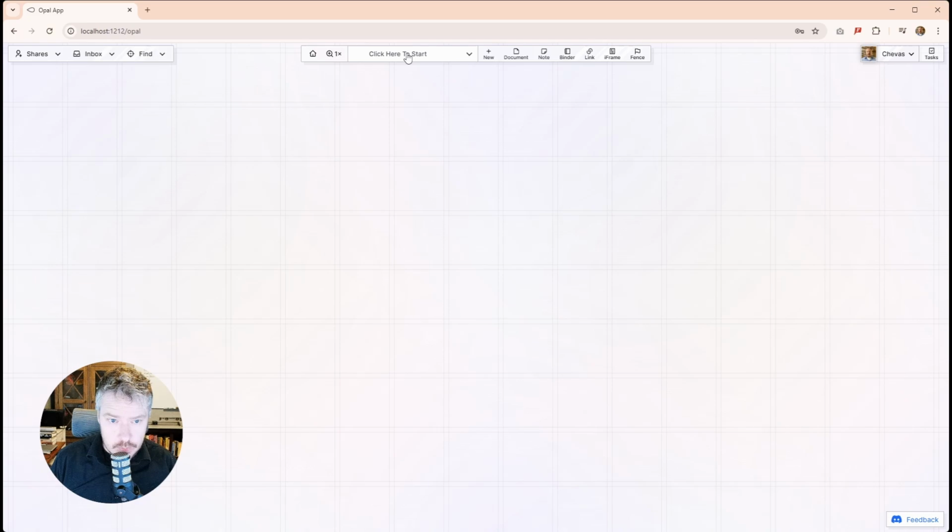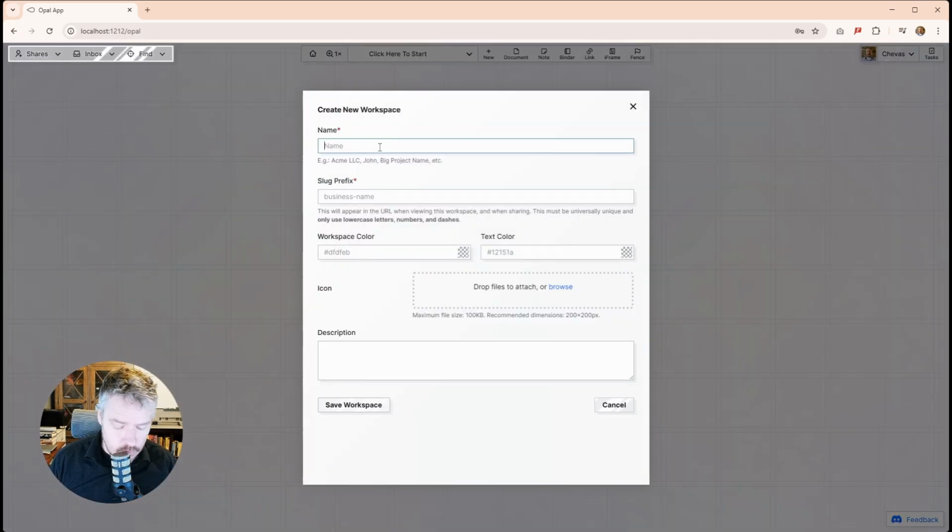It's where you create a workspace. If you try to do anything, it's not going to work right now. So go here and create a workspace. This is basically like a new desk. Think of Opal as a big desk that you can put things on. So I'm going to create this. I'm just going to call this